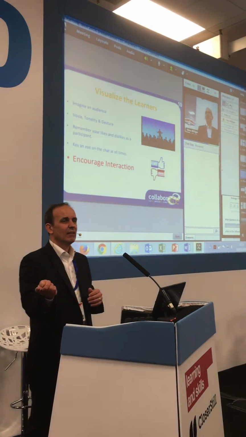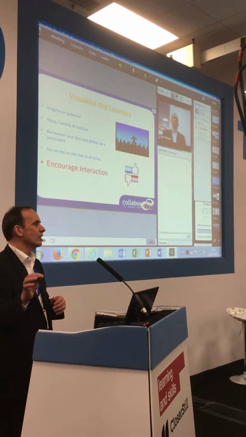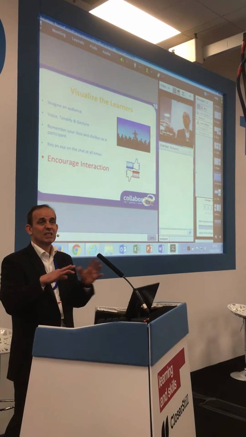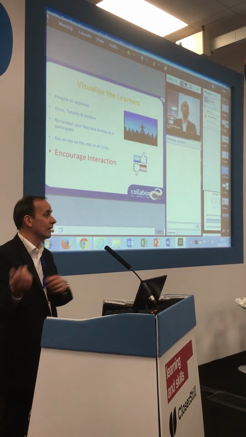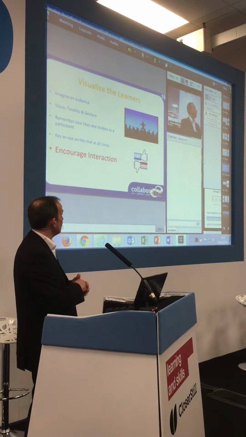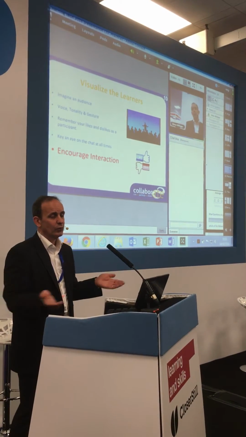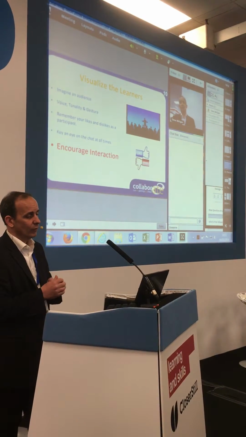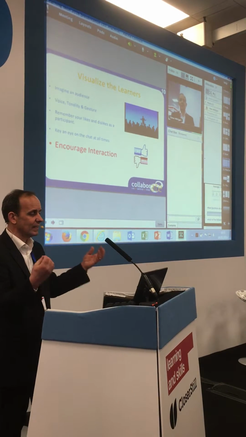It's also a useful area if you've got a co-presenter. You can have a chat box in there where you can just have a private chat between you and the co-presenter. You can prepare slides in there, drag them across when you're ready, and so on and so forth. So you can prepare breakout rooms and all those types of things. But again, we're just talking about visualizing the learners.